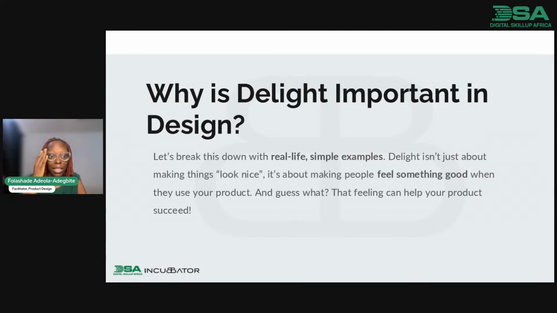Imagine you log into your app and it's asking you that kind of thing. So if you design for delight, it actually helps your product succeed.